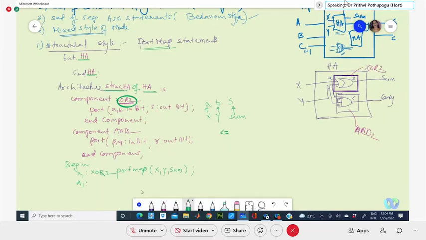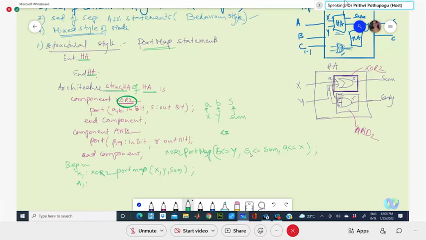Okay, here I can do it this way. Say B is assigned with I, and say my S is assigned with, and say A is assigned with X. If I give this statement in this port map, XOR 2 port map, I can give this statement or this statement.